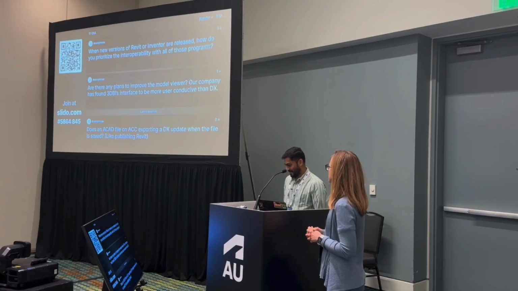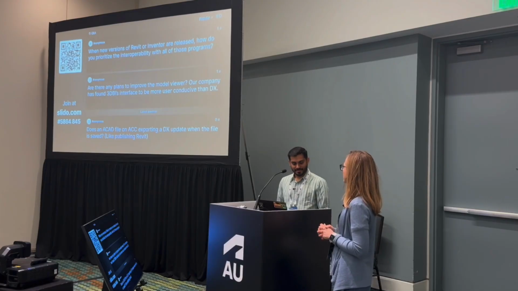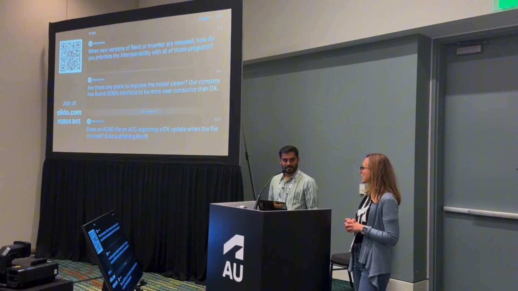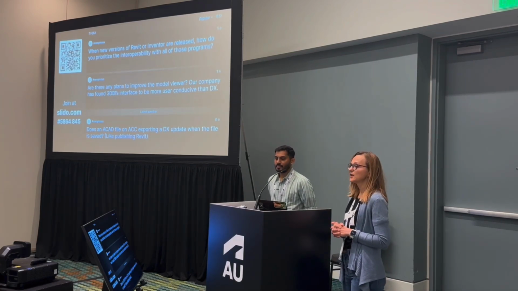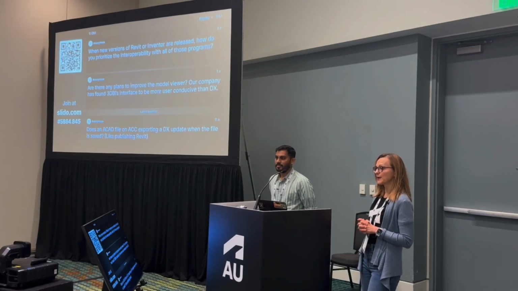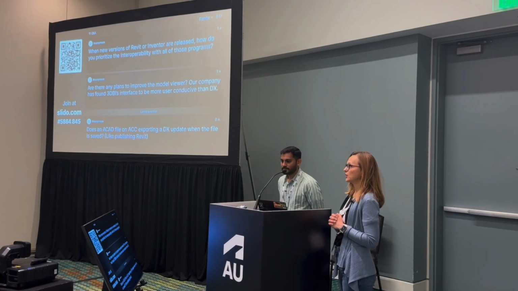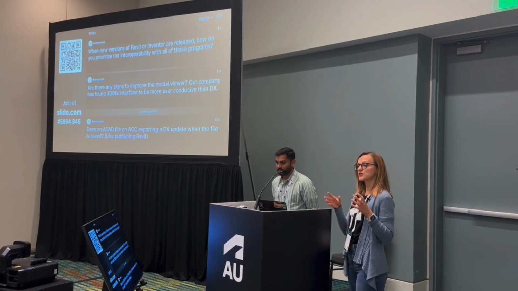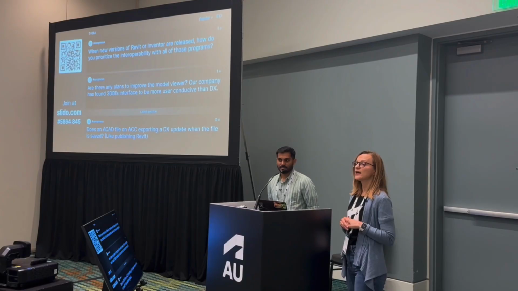Does an AutoCAD file on ACC exporting a DX update when the file is saved? So you mean DWG? So on ACC, you can basically create data exchanges from Revit and IFC files, not from DWG. When you want to create a data exchange from AutoCAD, you need to use the AutoCAD connector and then create a data exchange. And when you create data exchanges with the connectors which run on the desktop software, then basically